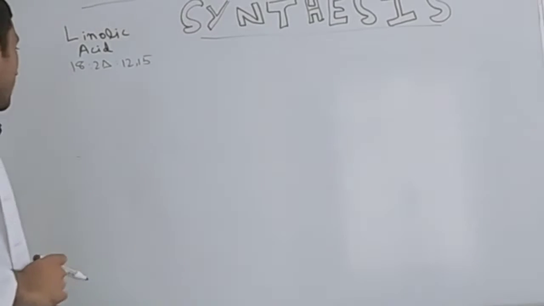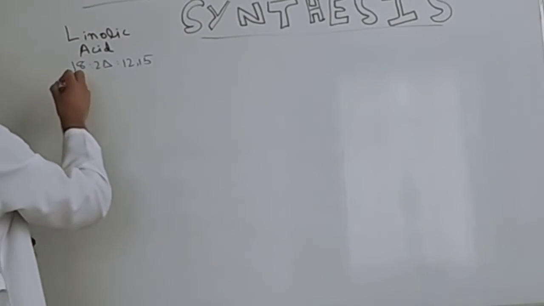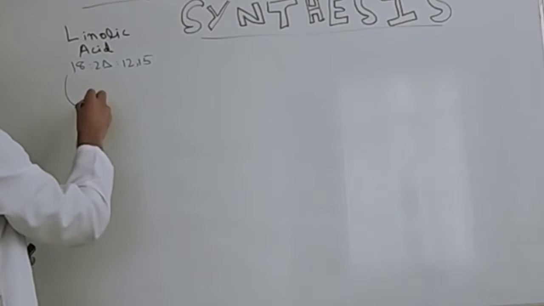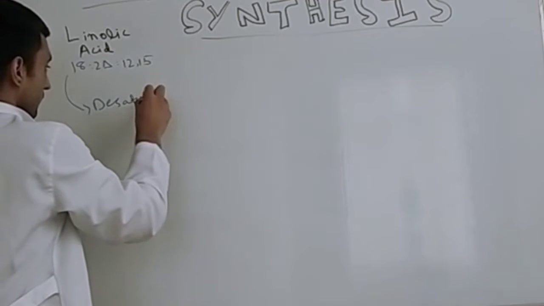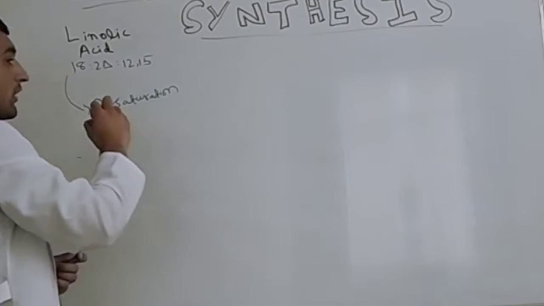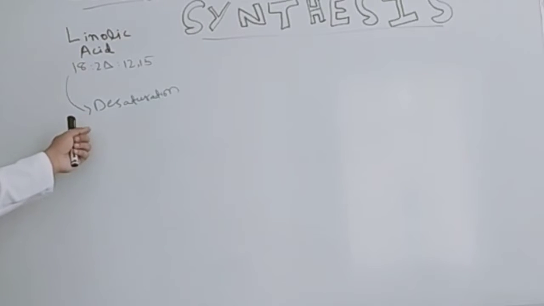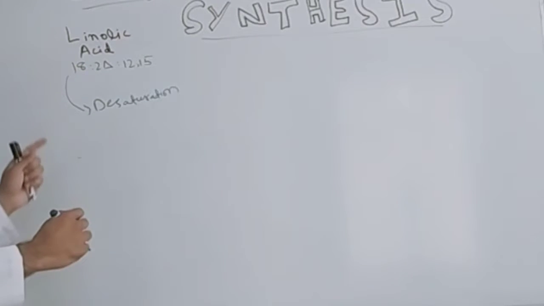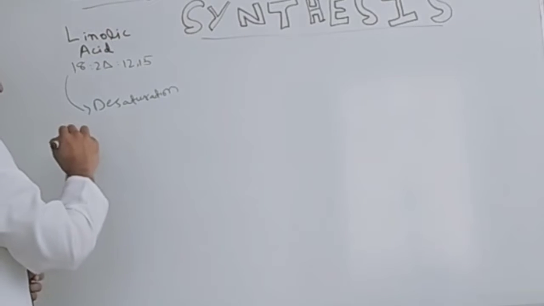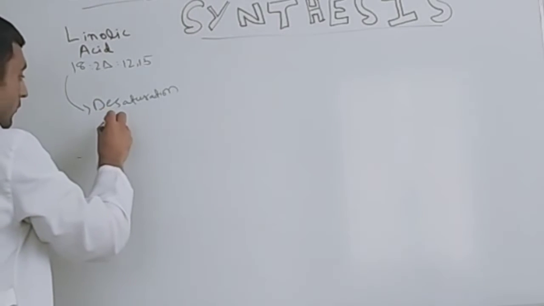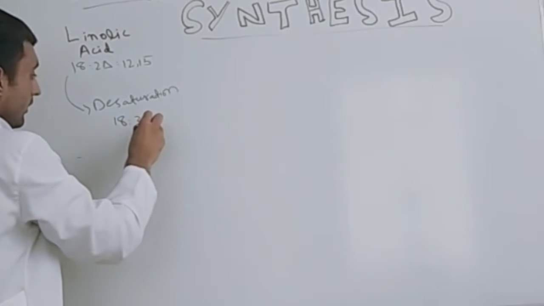So what would happen after this, if there is now the desaturation phase? Now desaturation occurs. So what happens after the desaturation? There will be another addition of a double bond. So how would it be like this now? It would be 18, with 3 double bonds, and now